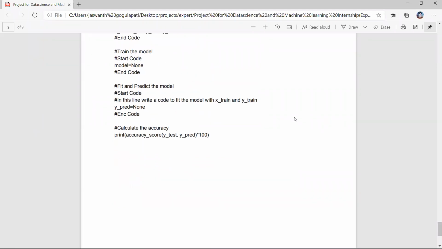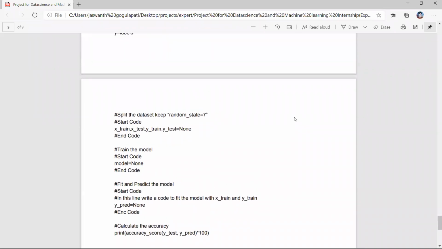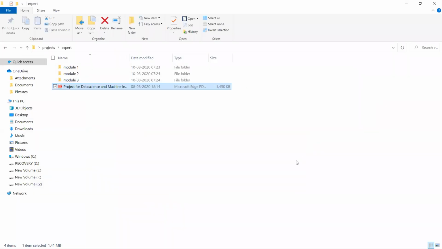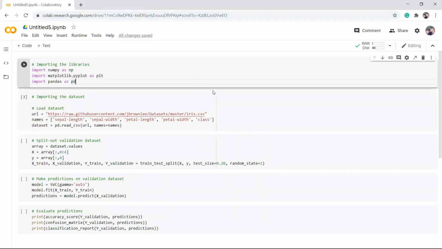This is the basic idea of how regression and classification machine learning templates look like. Now I'll show how to do a basic machine learning model in Google Colab. Google Colab has a feature where you don't need to write the code entirely in one step. We can divide the code.